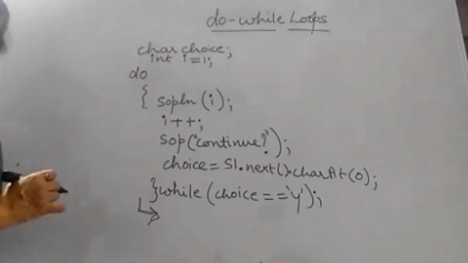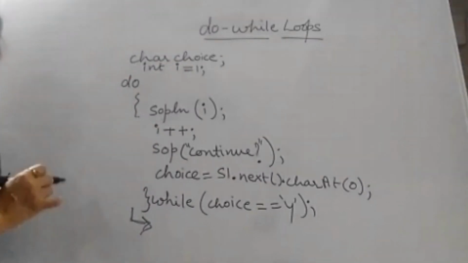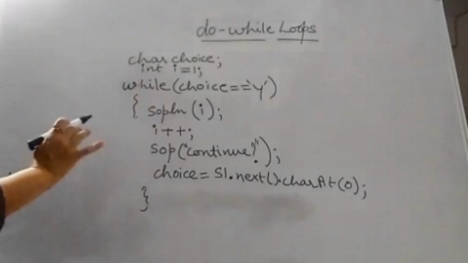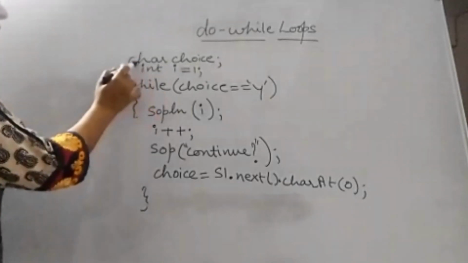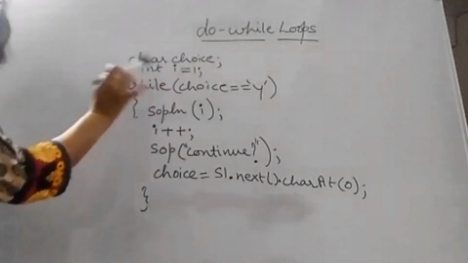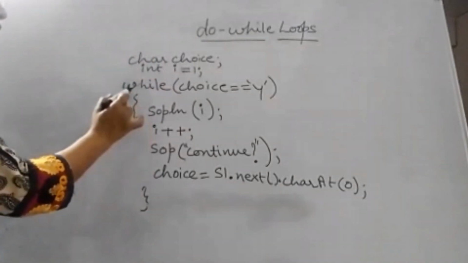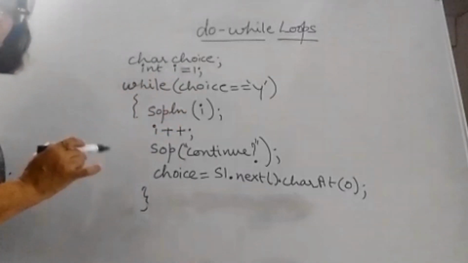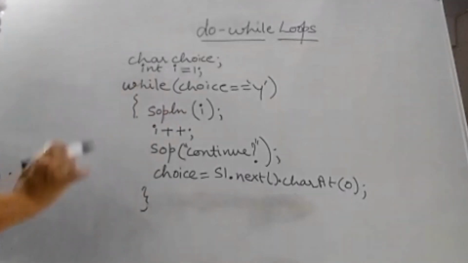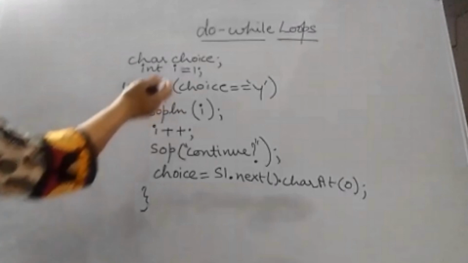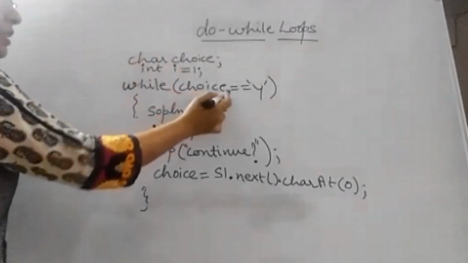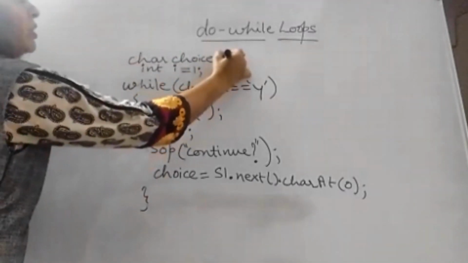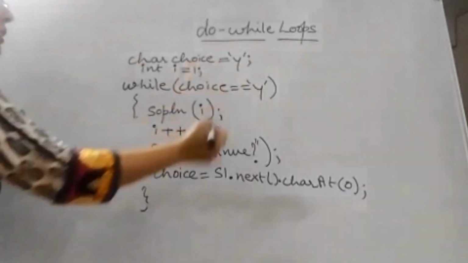Yes. So let me show you the while loop if it had been made for the same purpose. Now the same program I am using with the while loop. Now here if I say character choice and I do not initialize, purposely I have not initialized, so when you come here to while choice equal to y, it will give you a compilation error. Why will it give you a compilation error? Because the choice variable has not been initialized, and here it will say uninitialized variable. So what you have to do, you have to initialize with the value y first, and then only it will go on.